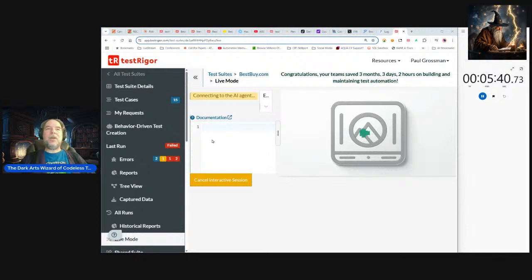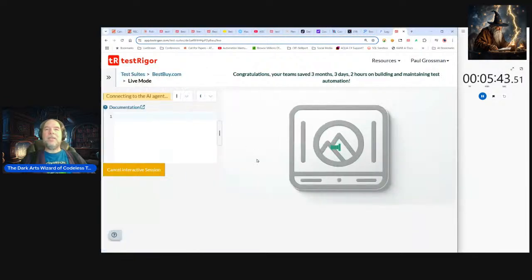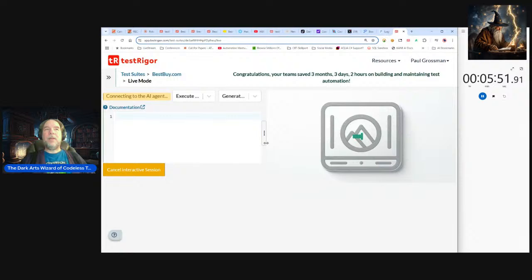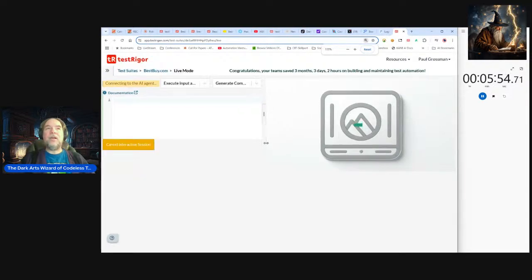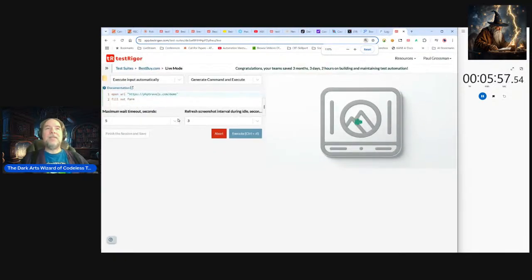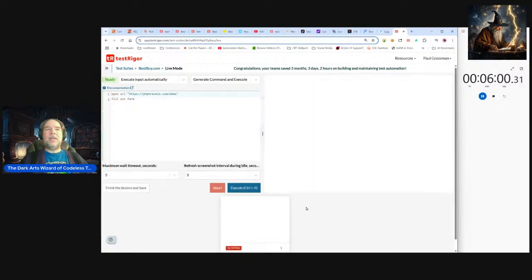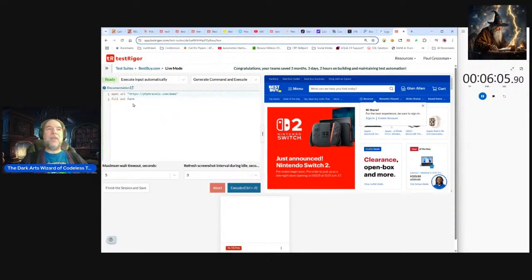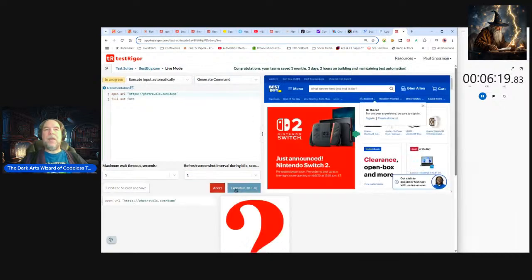Let's see. I'm going to go into debug mode, and I'm going to give me as much room as I possibly can. And we can adjust this a little bit. Now my screen is zoomed in so far, so you can't quite see this, but we'll do this. What it did is that it jumped over to the blank screen. This is probably going to come up with Best Buy over there, because that's the landing page. And I'm going to go and execute this and see how this looks. I'm going to go generate command, and we'll execute this.